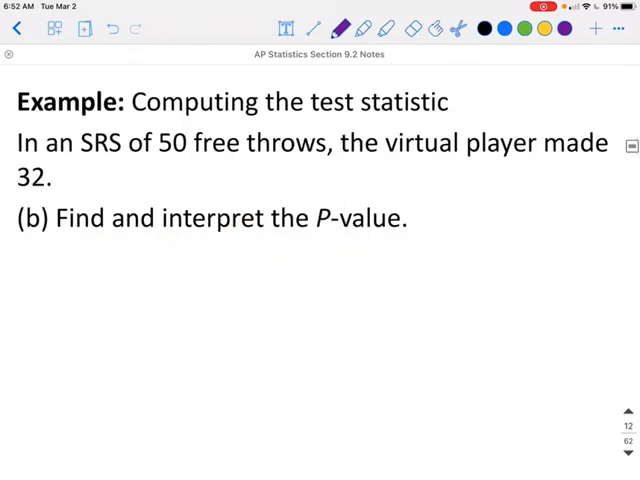Now, find and interpret the p-value. The p-value is the area on the table. So, on our standard normal curve, if I'm at a z-value of negative 2.83, remember Table A tells us the area to the left of this. So if you look at Table A and you look up the z-value of negative 2.83, you are going to find an area to the left of that of